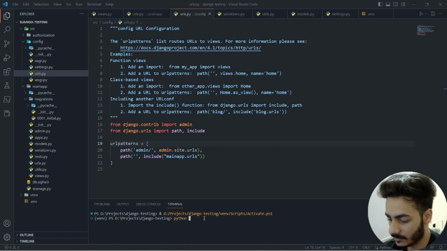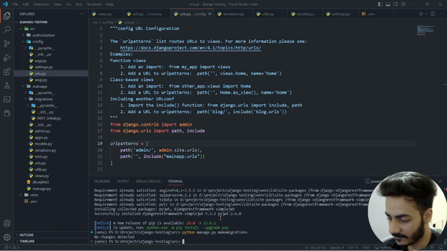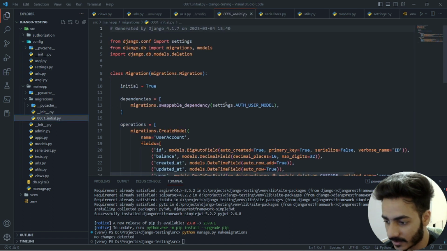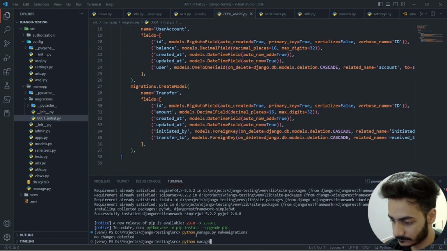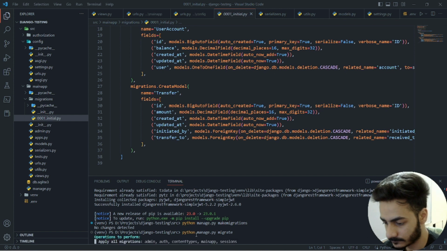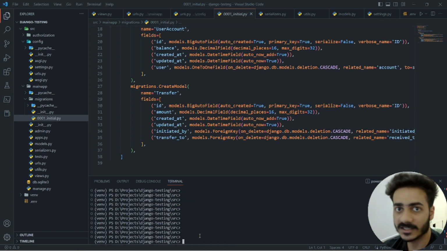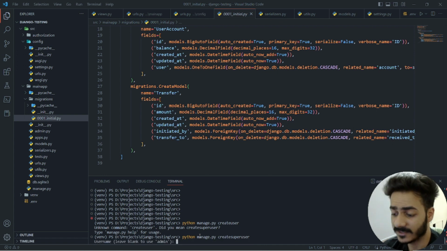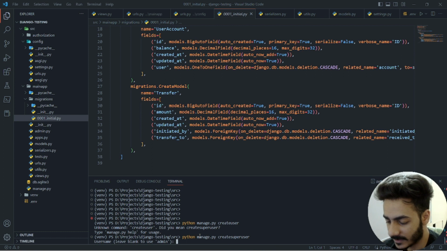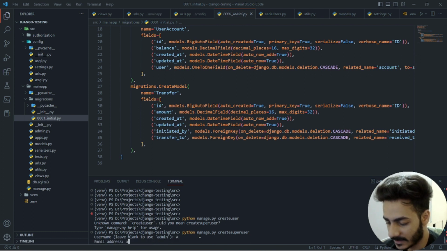Control save. Now I will basically migrate all the changes, and if there are no changes at all, because we had already made the migration file here, then we will migrate. Now before we actually hit the API, let's first create the user records using python manage.py createuser. Let's create super users right now because that doesn't make any difference. So one, let's make it A, email address a@gmail.com, password will be 1234,